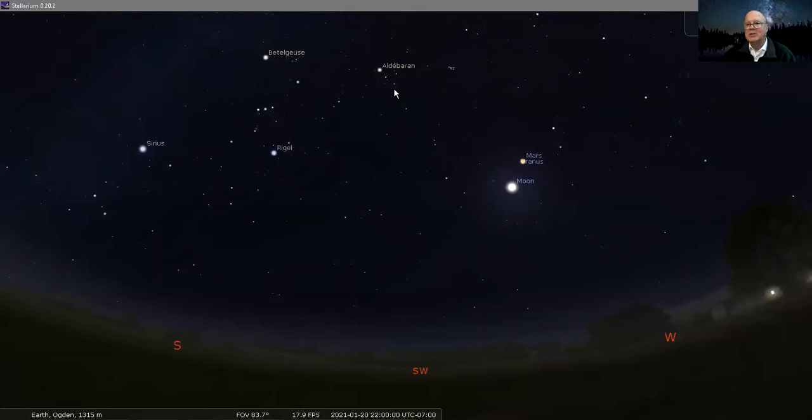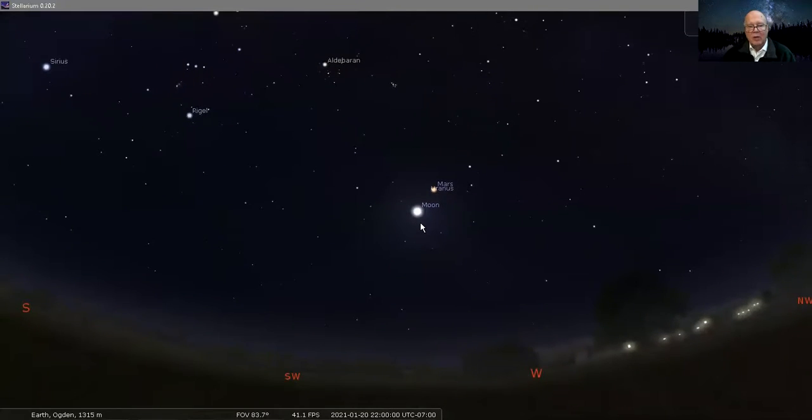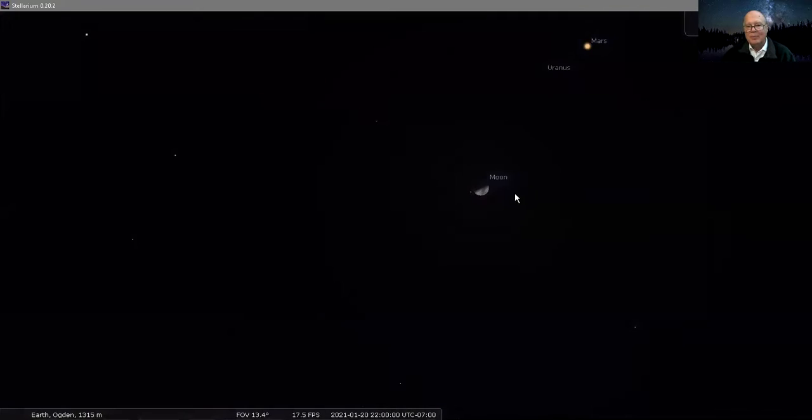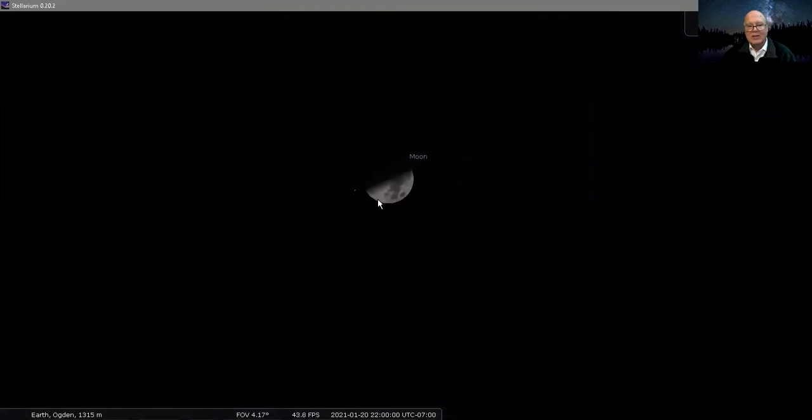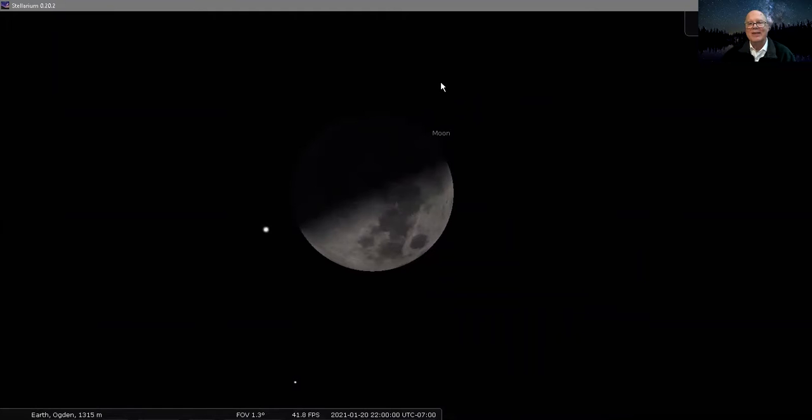So 2 star clusters. Now, I think I mentioned that it was a full moon, I'm sorry, it was a first quarter moon. And here the moon looks like it's full, but if I zoom in on the moon, you can see that really is a half illuminated moon. So there's a lot to see in the sky.